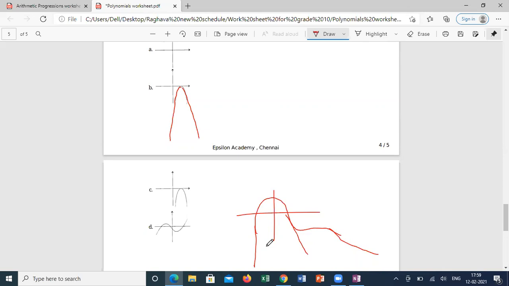Clear? Anyone having any doubts, guys? Please let me know. Shall I give some numericals to solve the polynomials? Anyone having any doubts? Akash, Amrita, Diya. Guys, completed the worksheets? Please let me know if you have any doubts. Yes, sir. Everyone, new guys. Srishant. Yes, sir. Completed. Any doubts in this? Shall I give some numericals? Yes, sir.